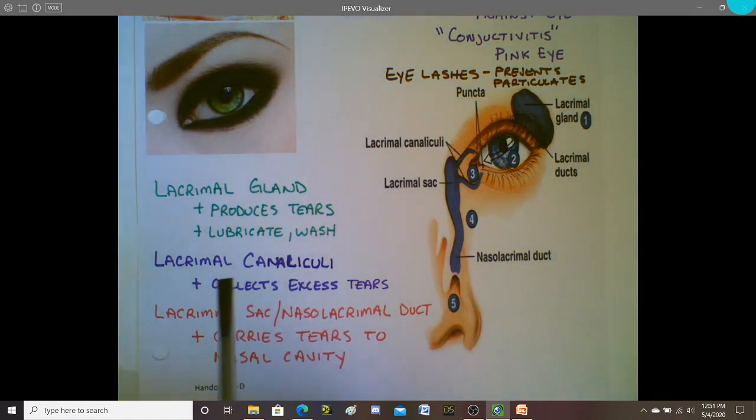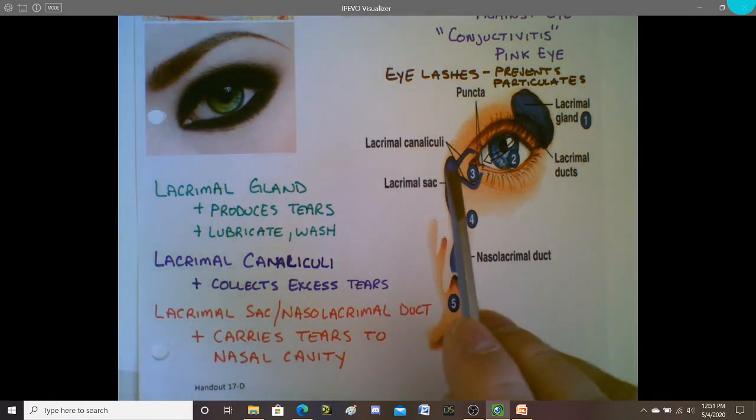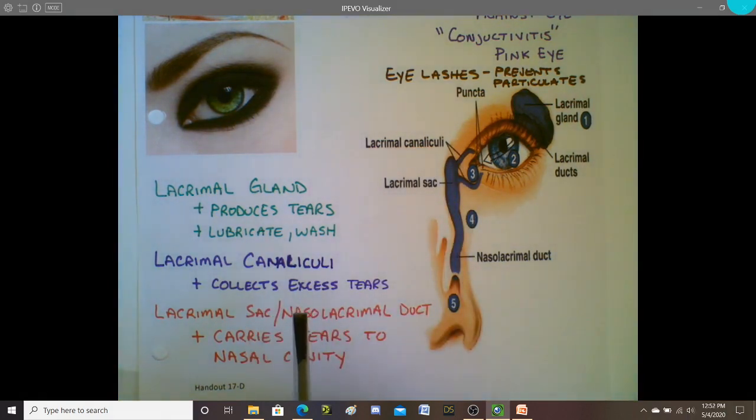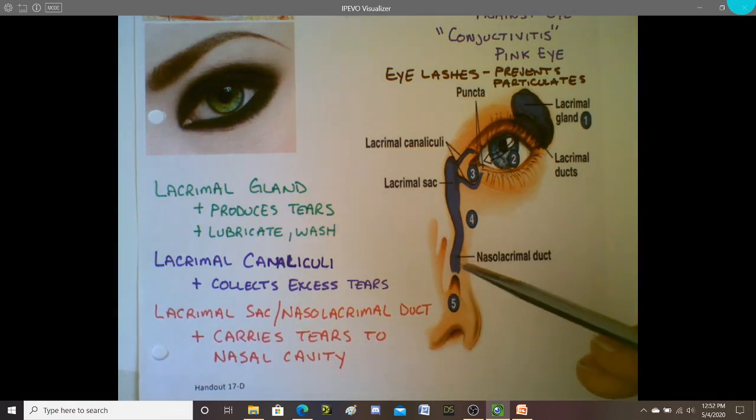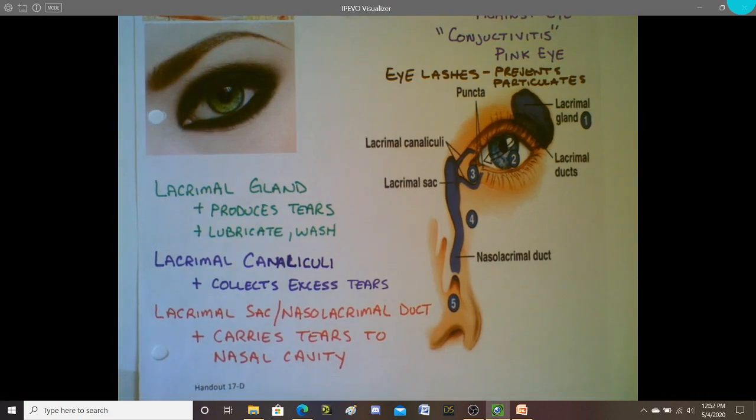into this lacrimal sac. So the lacrimal sac is a pouch that collects these excess tears, and then the excess tears can move down the nasolacrimal duct into our nasal cavity. All right, so the nasal cavity is going to collect these excess tears. That's why when you are crying, you often get a stuffy nose. That's because those excess tears are moving from your eyes down the lacrimal canaliculi into the nasolacrimal duct and then